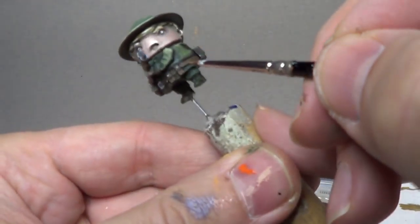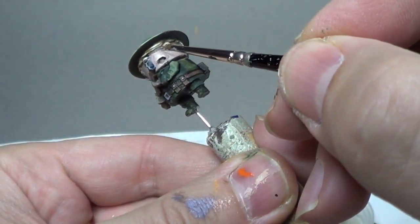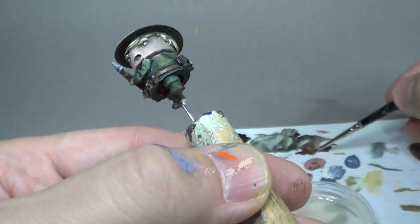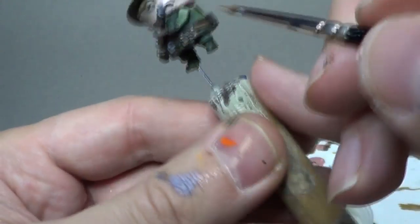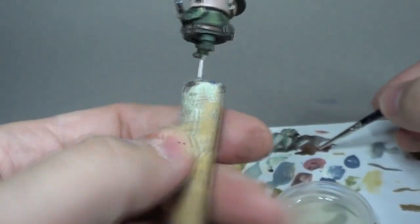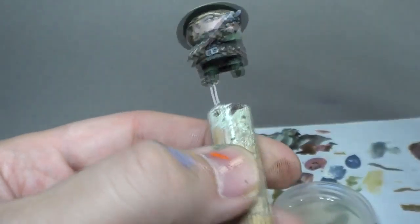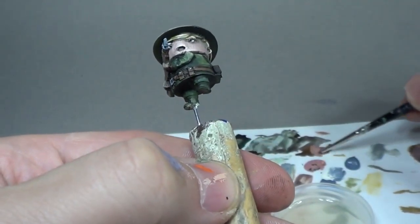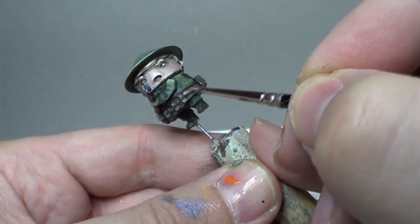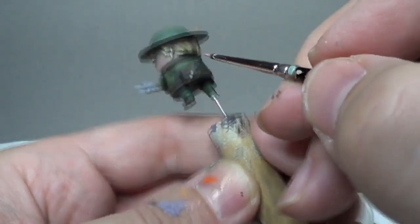So here we go, back to the belt. And just like the face, how the face is lighter here, it gets darker back here. Belt's going to get lighter here, darker back here. Little pouches. Same thing. This front part of the belt. You can even go a little bit more with the flesh tone into the brown. See that same transition, light to dark, light to dark,